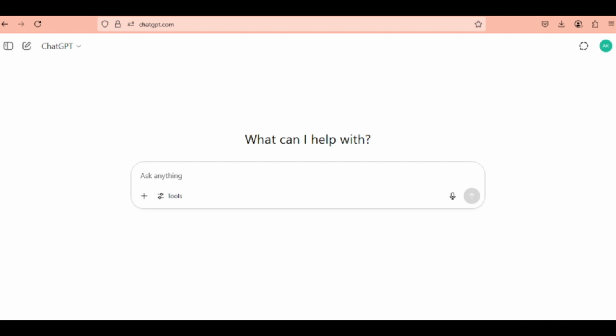So what that means is it's getting to that point where a lot of web developers are going to be obsolete, right? People can simply just go onto